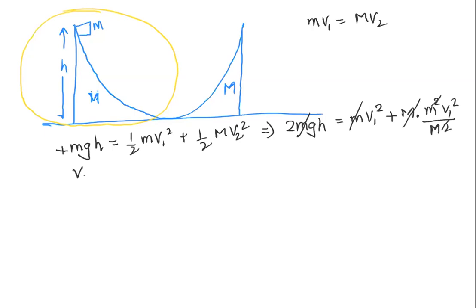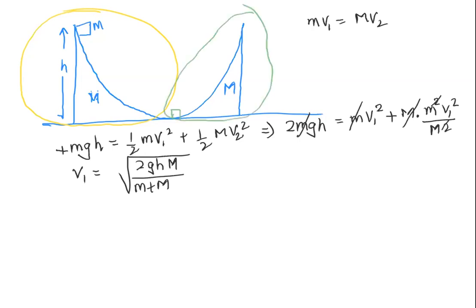So v1 will be equal to root of 2ghm upon m plus M. And now I will assume that the block is here and I will take this as the system and